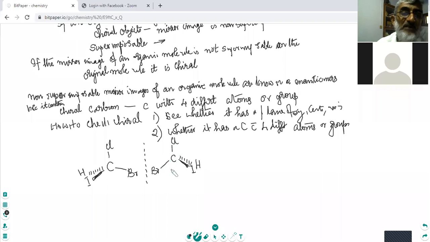You now do one thing. Try to superimpose them. Okay. Now I'm asking you to. We will try to superimpose on the paper. Now try this exercise. Keep on doing it on your paper. Along this axis. What is the meaning of along this axis? You assume you're putting a